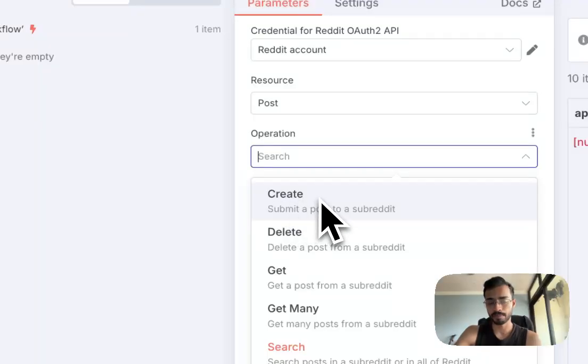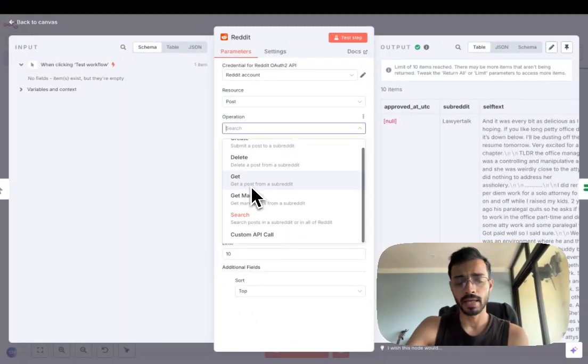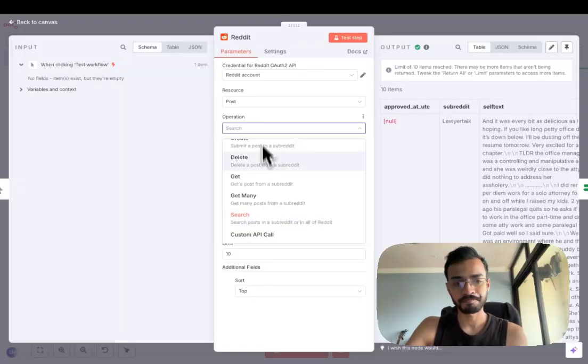I can create a post, I can delete a post, I can get a post, I can get many posts, and I can even make a custom API call. But for today, I'm just going to use the search because that's what we want. We want to search the content ideas, the business problems rather, that these companies or these people are talking about on a daily basis.